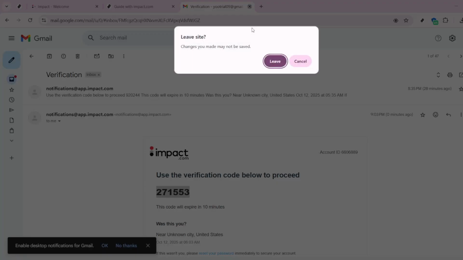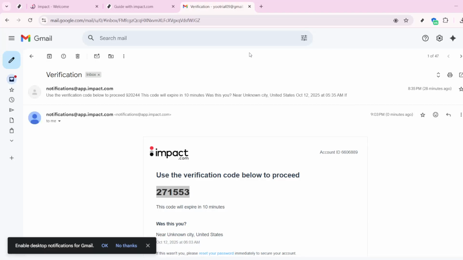Inside your impact.com account, complete every field carefully. Add your name or brand, upload a clean headshot, list your country, business, website, and social profiles, and write a tight 2 to 3 sentence bio. Weave in 1 or 2 keywords you want to be known for, such as tech review creator or personal finance